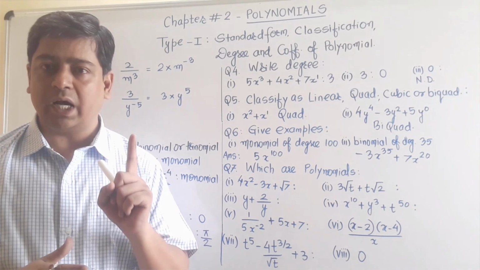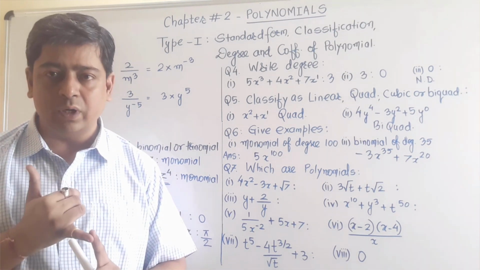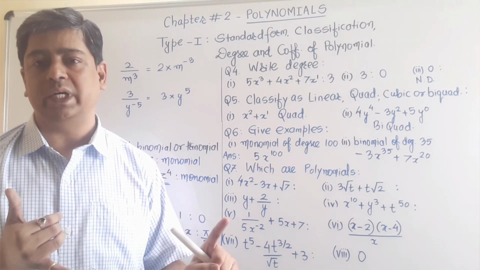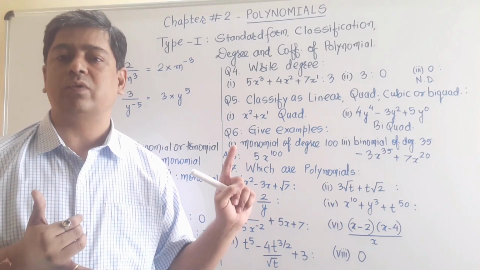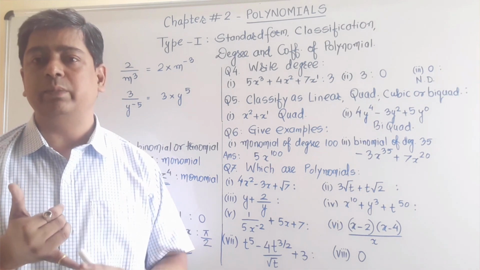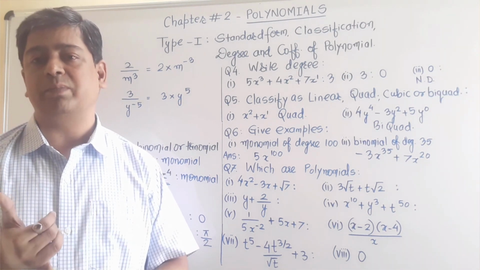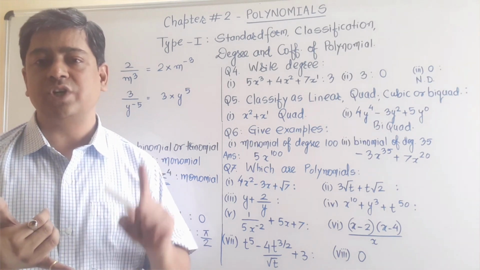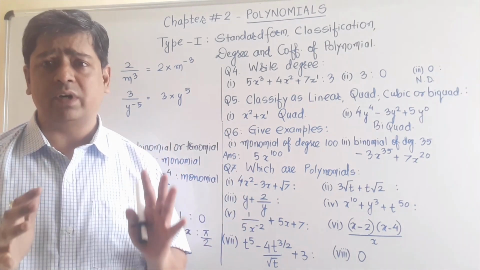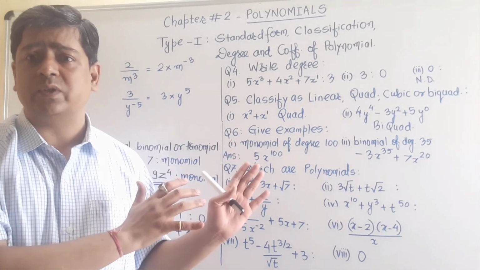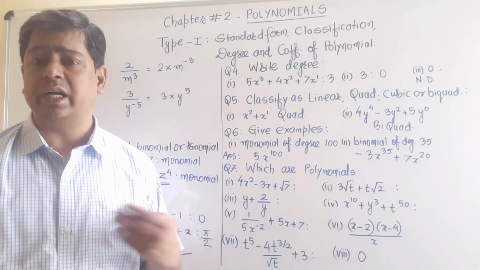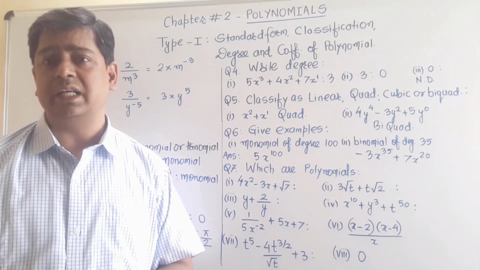Rule number 1, I have told you the power of variable should be a whole number. Rule number 2, the power of variable can't be judged at the place of denominator. If any variable lies at the place of denominator, you need to bring them at the place of numerator. While bringing at the place of numerator, remember the sign of the power of variable will always change. It doesn't matter whether it is becoming positive to negative or negative to positive. Whichever it has become after bringing them at the place of numerator, then you judge the power. If that power is negative, and we know that any negative number is not a whole number, we can say that it is not a polynomial.